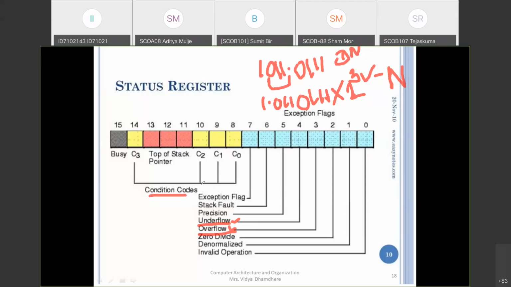These bits have different values, and each has a different meaning. Now, the top of stack pointer uses three bits to represent the stack pointer, and the last bit is used to indicate whether that particular signal is busy or not. I am going to explain this in depth in the next 5 to 6 PPTs, this status register only. Any doubt?